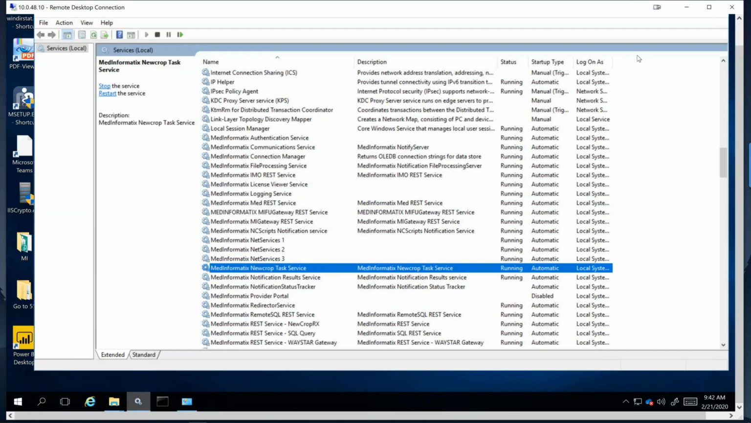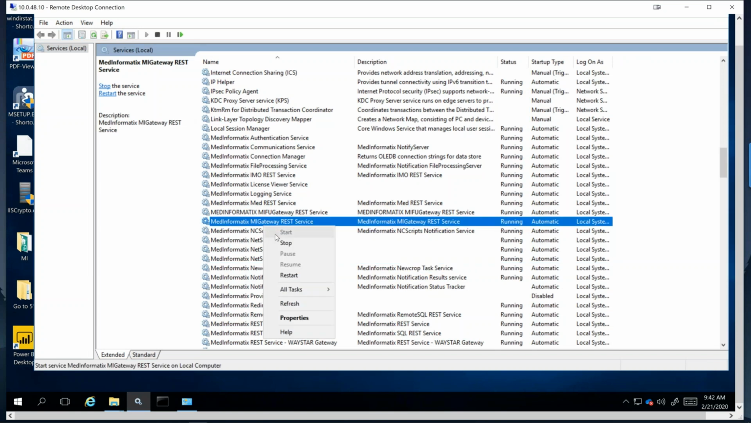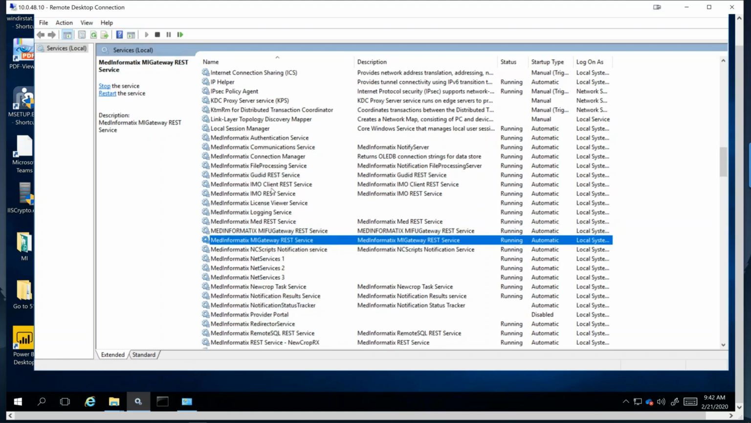Jump into our service control panel. I'll hit refresh, and we should have a couple of new services show up. IMO client and Good ID client. Something else just popped in there. Now,